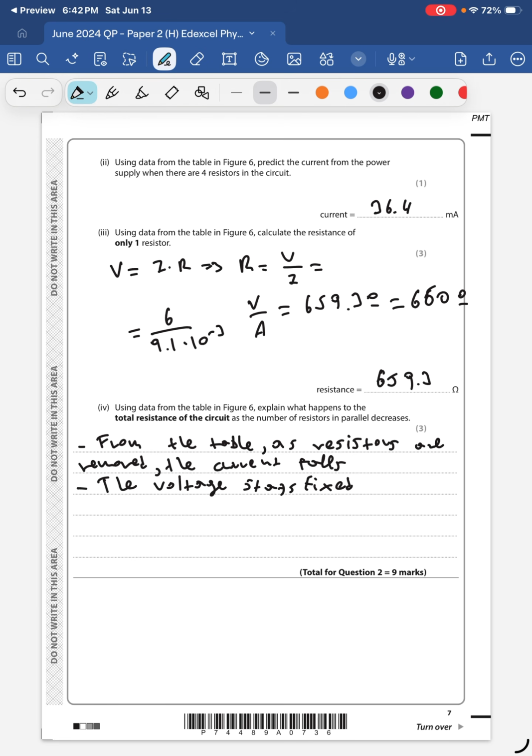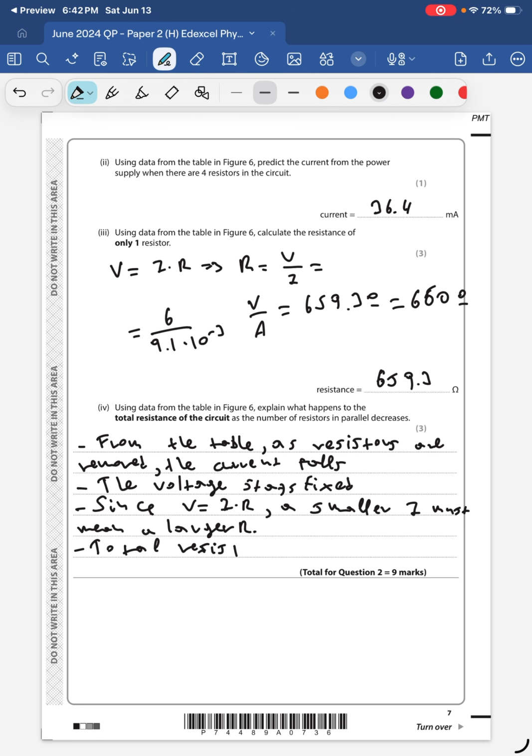Since V is I times R, a smaller I must mean a larger R. So total resistance increases